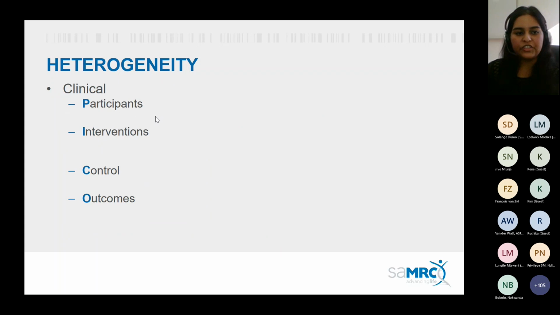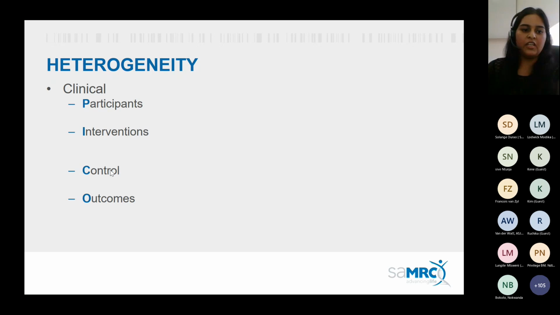So the first source of heterogeneity is clinical heterogeneity. If you are familiar with the concept of PICO, PICO stands for Participants, Interventions, Control, and Outcomes. And it refers to the items that we're interested in our review. So the types of participants we're interested in, the interventions, the control, and the outcomes that we're interested in. So you can use this to help you identify the elements that could contribute to there being differences between the